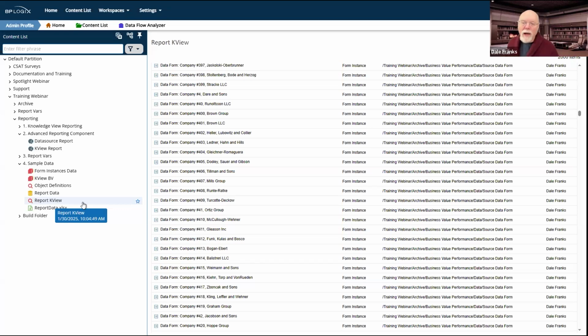Well, rather than creating a knowledge view report, you can create a data source report and use that view of that form to return the form instances directly from SQL Server without having to go through a knowledge view. That is going to perform a lot better.